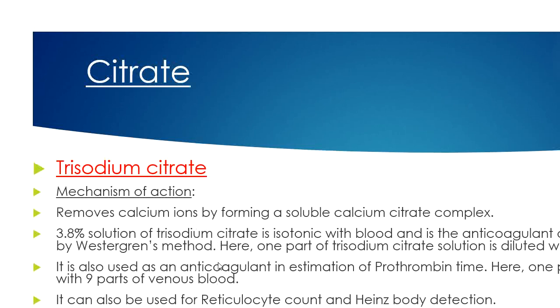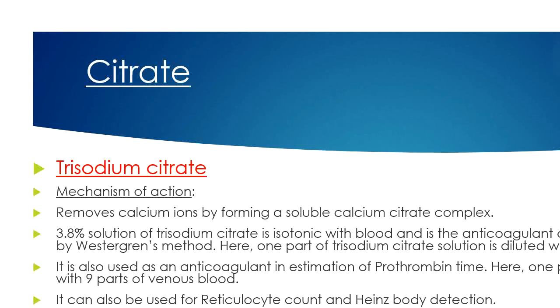So trisodium citrate is used in ACD solution, a blood bank anticoagulant. Nowadays it is used as ACDA, acid citrate dextrose solution. This is the anticoagulant which is used in blood bank. It is in liquid form and blood gets diluted, hence it is not suitable for hematological tests like blood count and hemoglobin estimation.